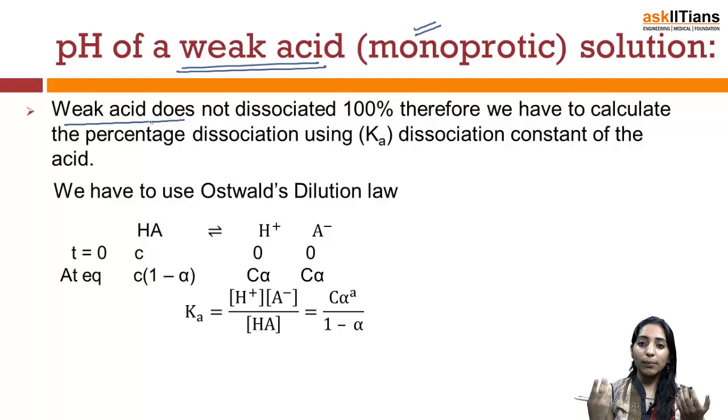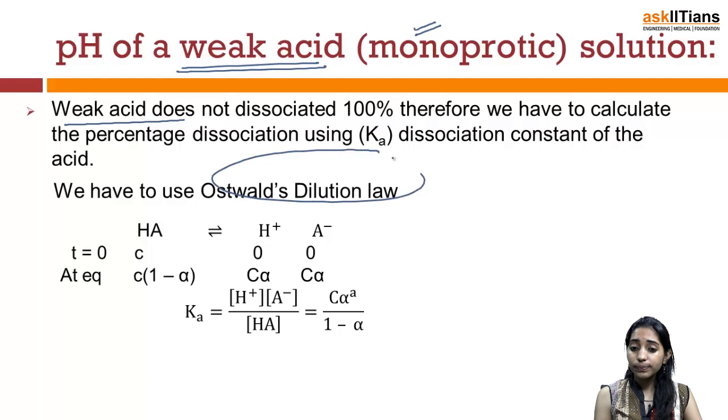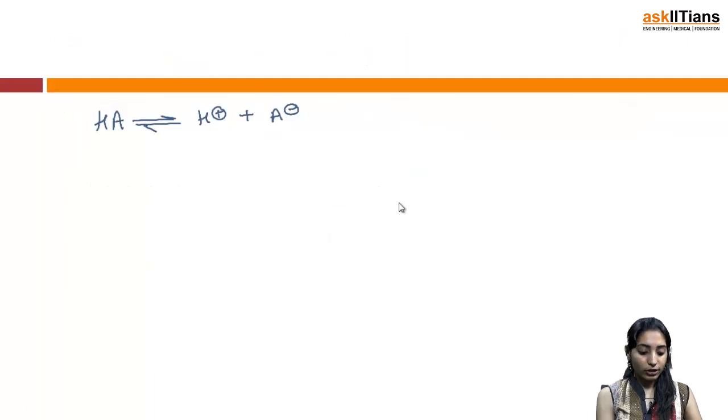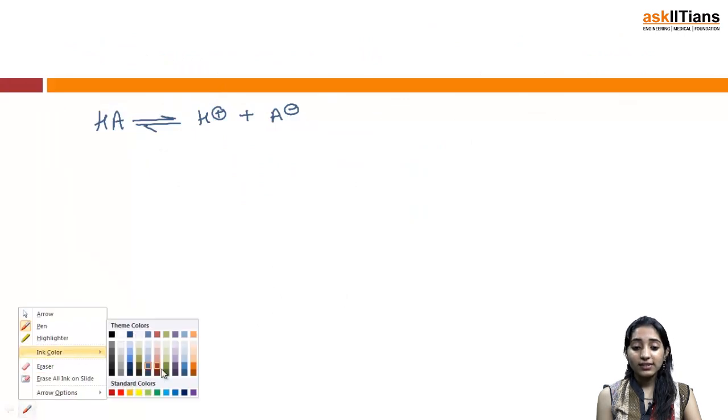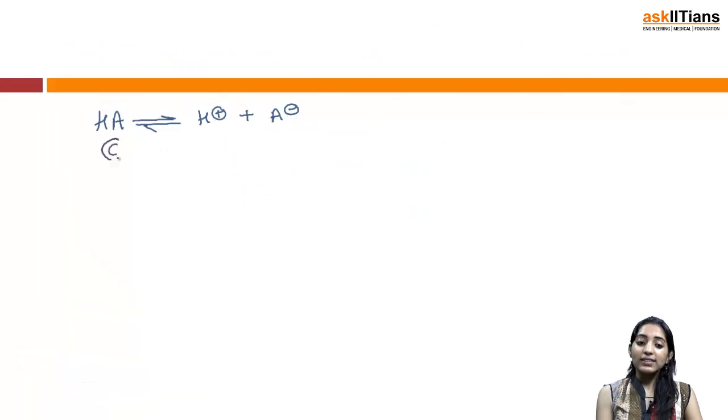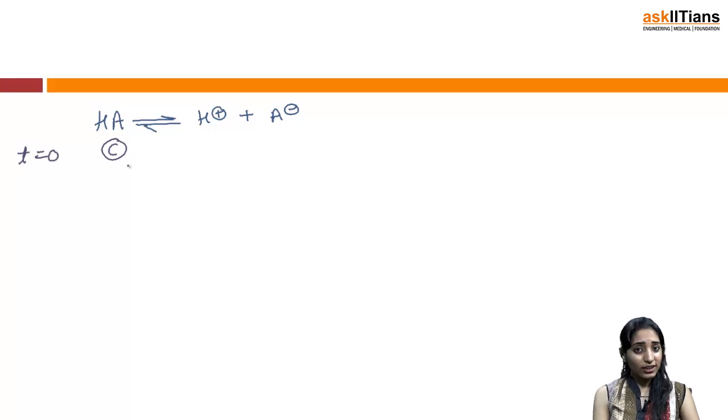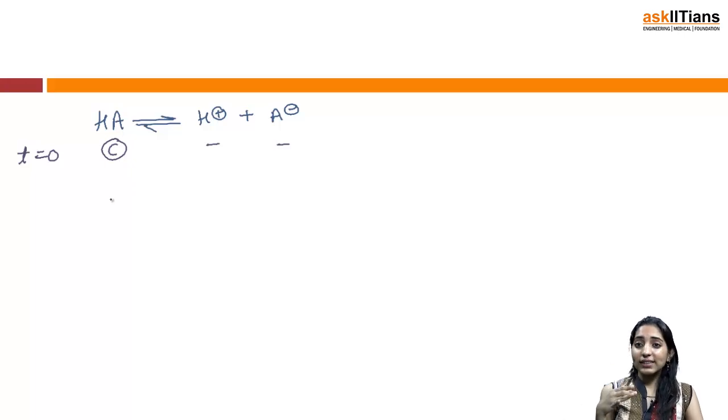And hence, since we are talking about a weak acidic solution, we can use here the Ostwald's dilution law. And if we use the Ostwald's dilution law, let me consider the concentration of the weak acid which I am considering here as C. So at time t equal to 0, let us say the concentration of weak acid is C and there is no H positive and no A minus present in the solution. Now with time the HA starts dissociating and it forms H positive and A minus. So I can say that at t equal to t equilibrium, let's say alpha is the degree of dissociation